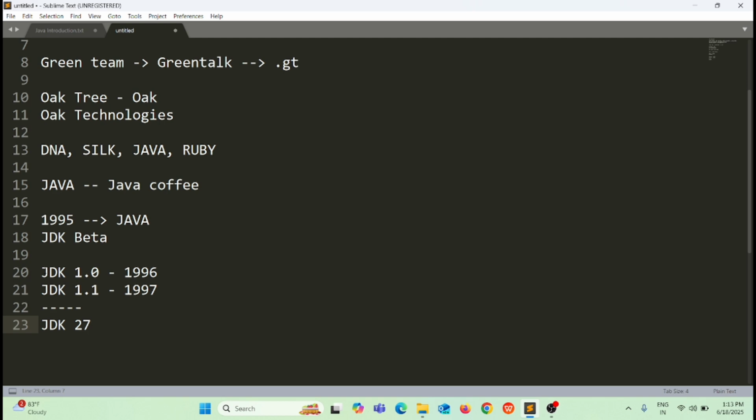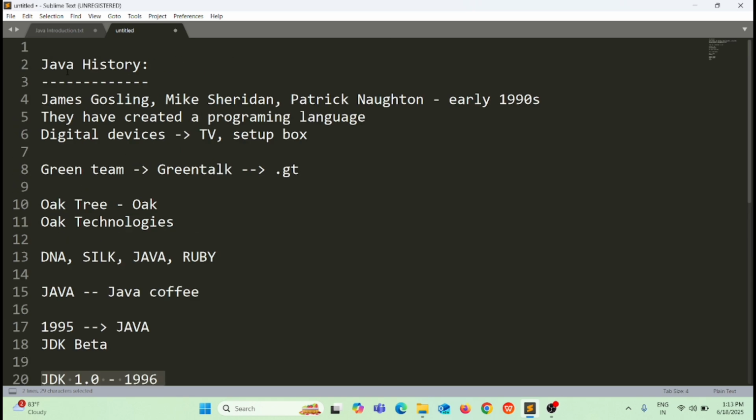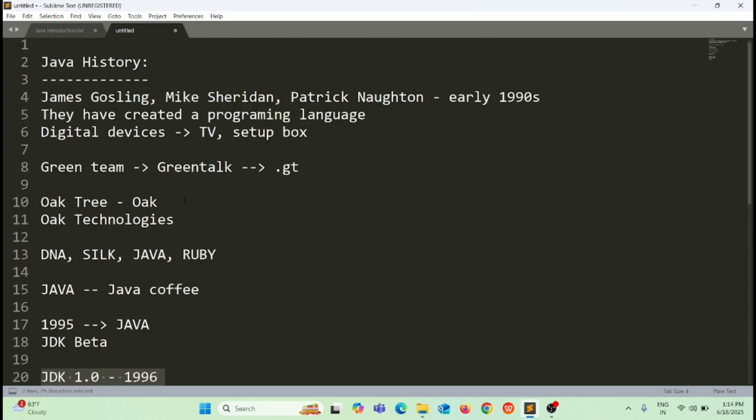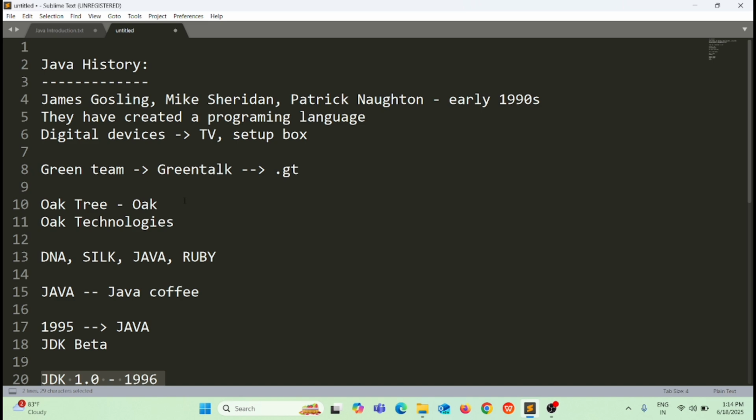So in that way, JDK has been introduced to the market, and these days Java is a very popular language. We already have lots of features in Java. In my last video, I discussed this. So Java is a very popular language. That is the total Java history. Whenever you are learning any language, obviously you have to know the history first: where it came from, when it came, who is the father of it, in which year it was introduced. So everything comes under the Java history. I think this is very simple and straightforward. It's just like a story, and you can understand everything.